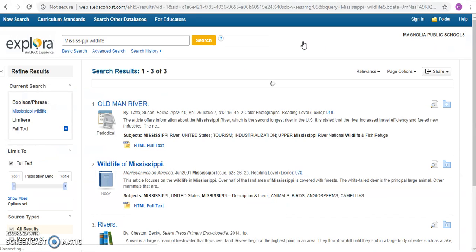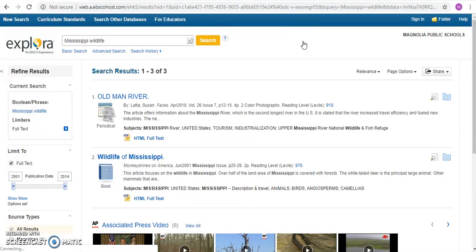Alright, so this was just a basic search. I put two keywords together that I knew I wanted to look up, and I found 3 results. So right here, it will tell you what your results are, 1 to 3, and we are viewing all 3